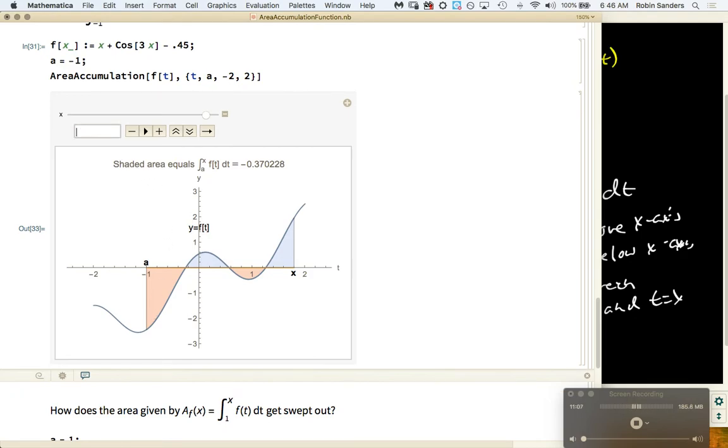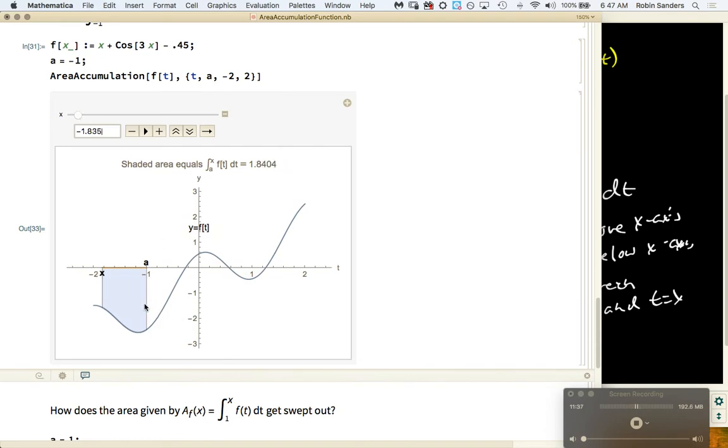If I go back to the starting value of 0 and pull x the other way, if I go back to x's starting value, oh, the starting value is not 0 anymore. Let me go back to the starting value. The starting value is -1. Sorry about that. So if I go back to the starting value and I pull x in the negative direction,